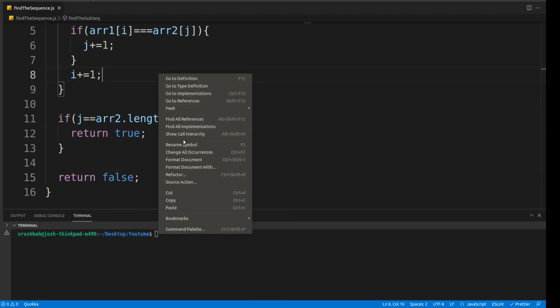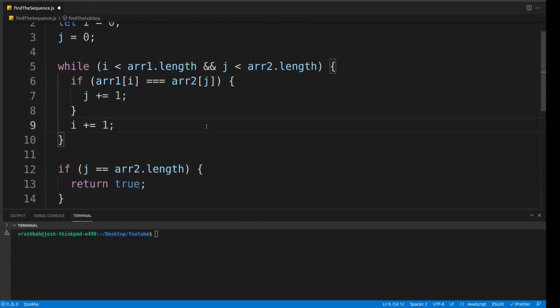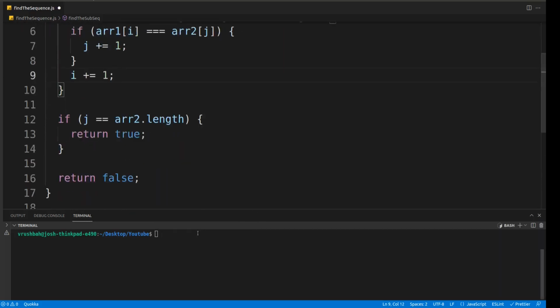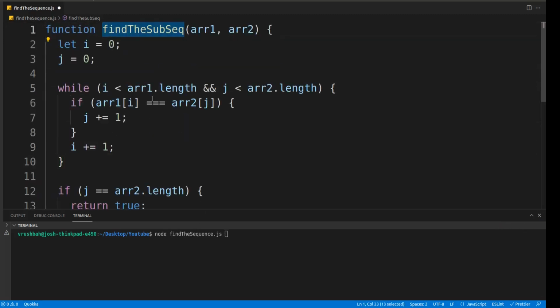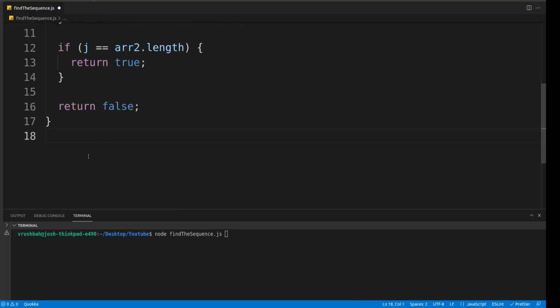Now we can try to run this program. Node findSubsequence. We need to call this function, and we'll be hard coding the inputs. We'll use result to hold the output. findSubsequence.